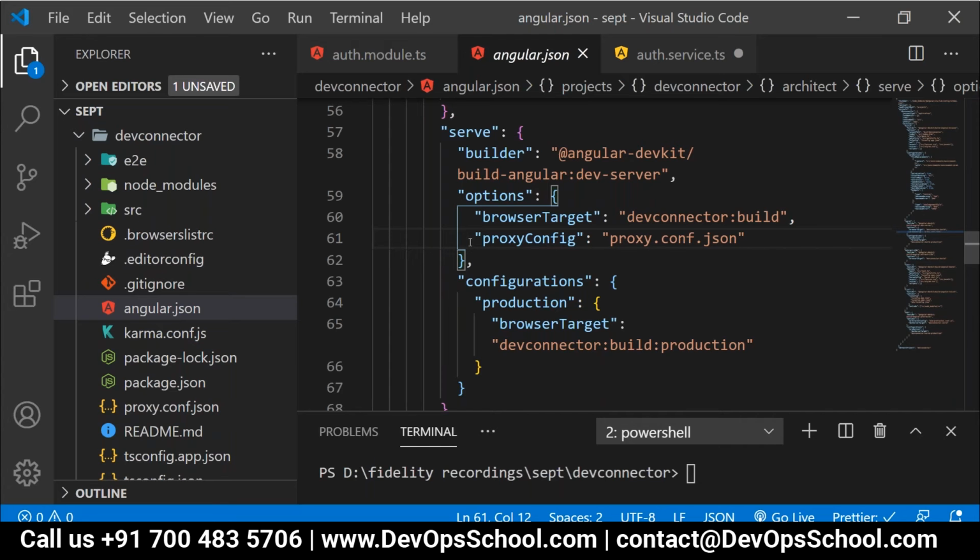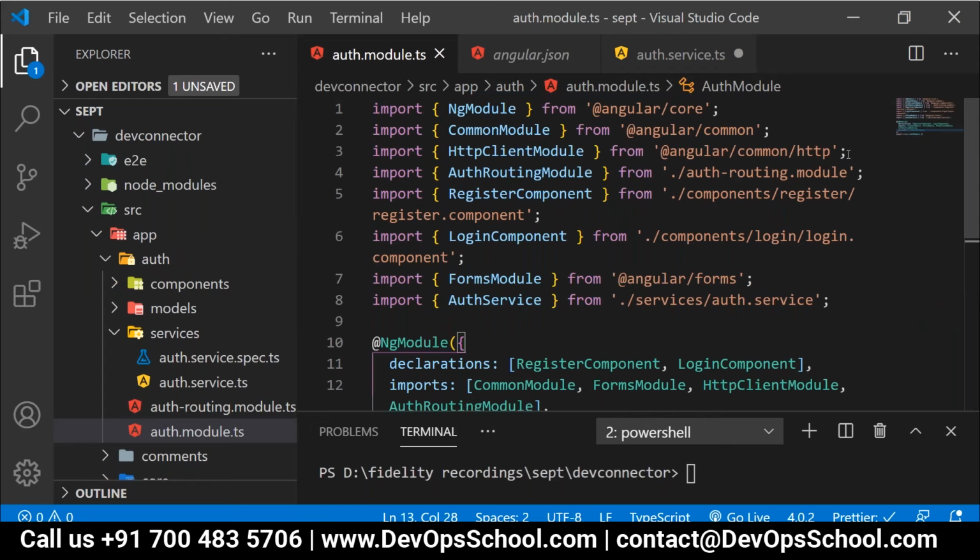I'm getting "cannot find HttpClientModule." Sudhindra, there is an issue with the import. Do we have to import both HttpClient and HttpClientModule? No, only HttpClientModule. Inside the module, we should talk about the module. Is it clear? We should import only HttpClientModule over here. Okay. No need to say sorry, thanks. That's fine.